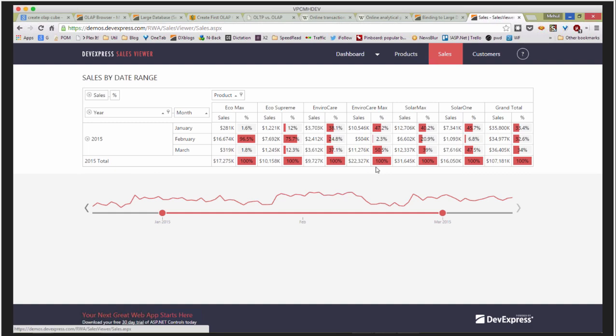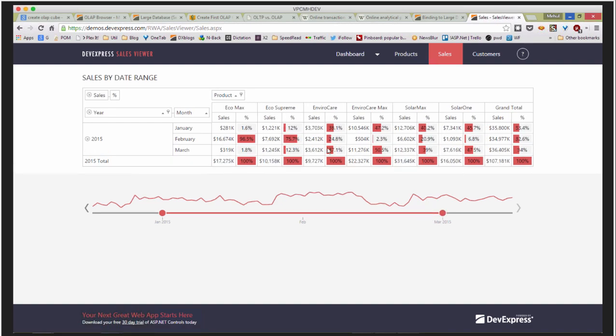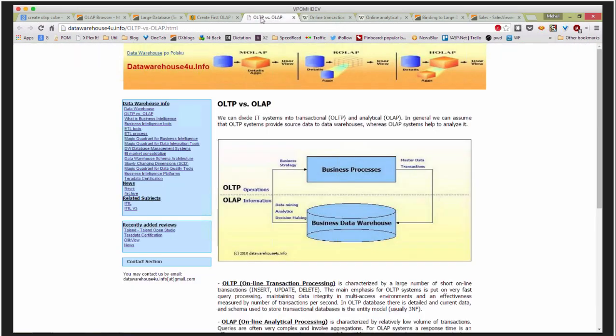Now, CPUs and memories have gotten cheaper and faster, but it can still be very costly to go this route, especially when you're dynamically updating this type of view, because every time that happens, this can put more load on your server. So what we did to optimize this is we know that when you have an analytical view, the best way to do this is to create what's called an OLAP Cube for the pivot grid. Now you might say, what is an OLAP Cube? Well, an OLAP Cube is really created for